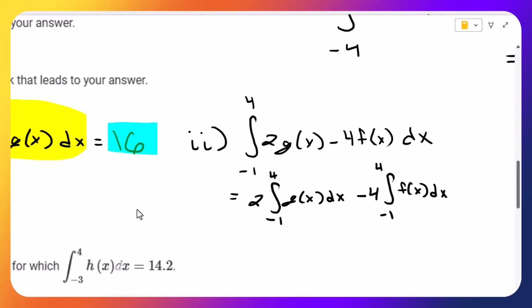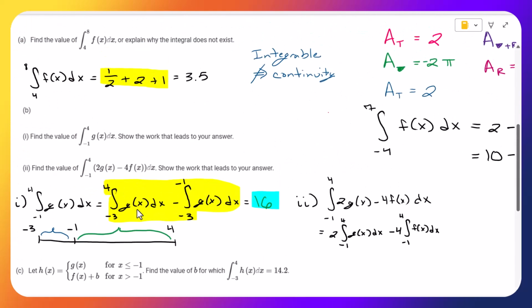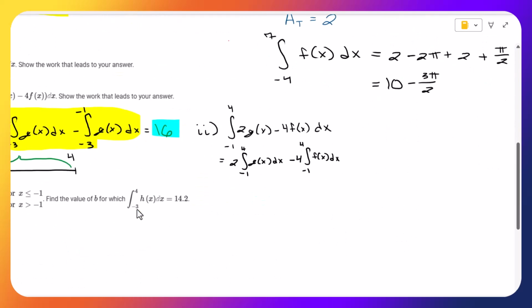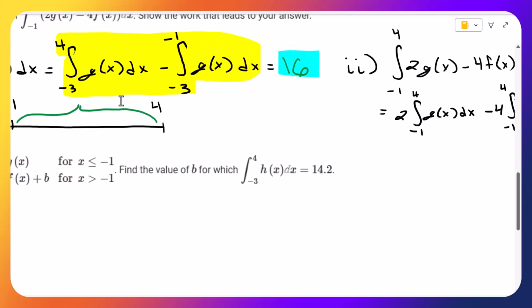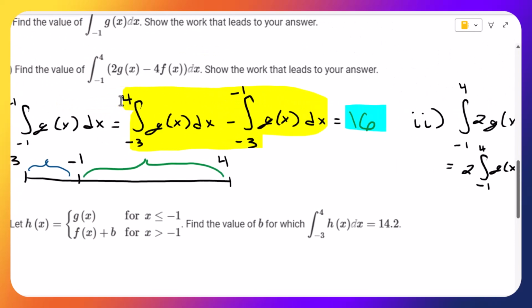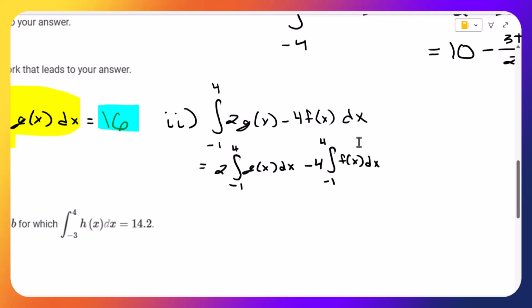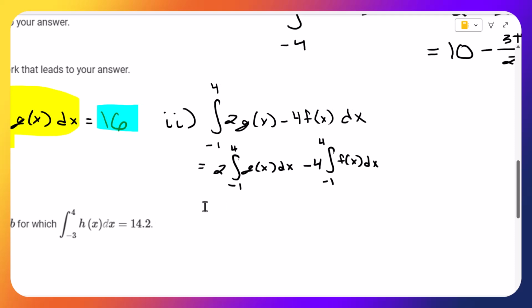Okay, and we've already found these numbers, I think. No, we found 4 to 8, not negative 1 to 4. Okay, we found one of these numbers. This one from negative 1 to 4, we found that was 16. So this is just going to end up being 2 times 16 minus, and then f of x,